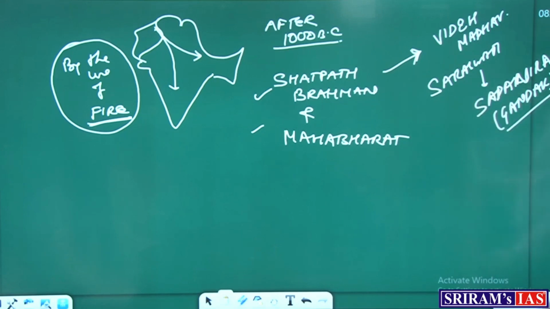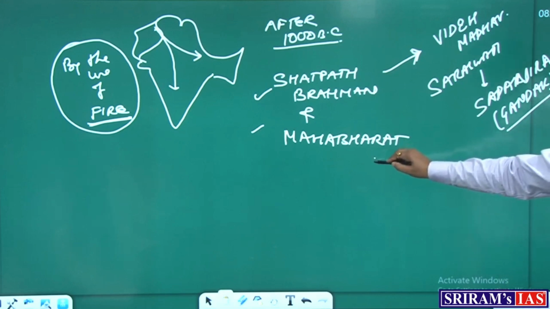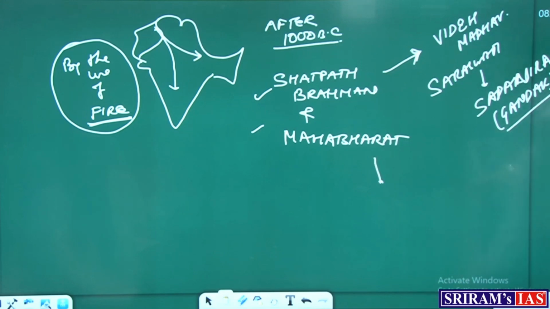And in Mahabharata, there's a story of Duryodhana searching for the Pandavas. So these are the descriptions which say that the use of fire was very common. So after 1000 BC, it became very common. The Mahabharata war is also of the same period. Around 1000 BC, it had happened, around 980 BC, in the later Vedic period.